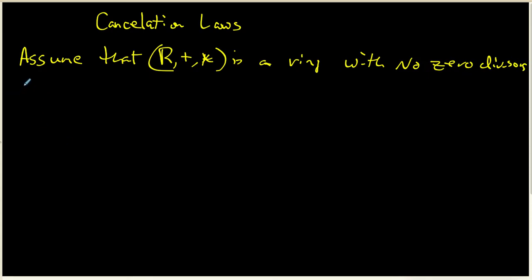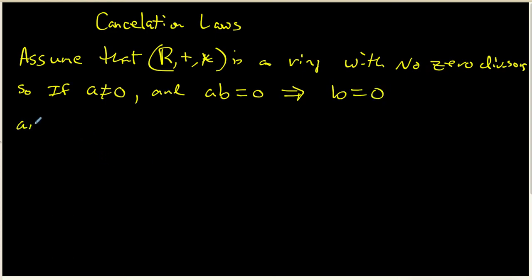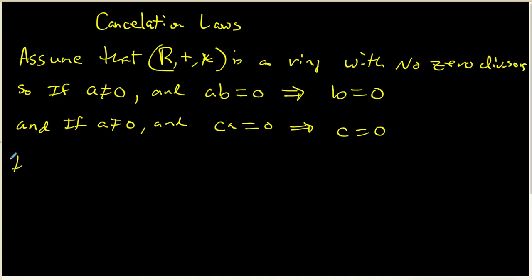Now, what that actually means is that if we have an element A that is not equal to 0, and we know that A times B is equal to 0, that's enough to force B equal to 0. And likewise, if A is not equal to 0, and we know that C times A is equal to 0, that's enough to force C equal to 0. If we put these two things together, we can basically say that if R has no zero divisors,